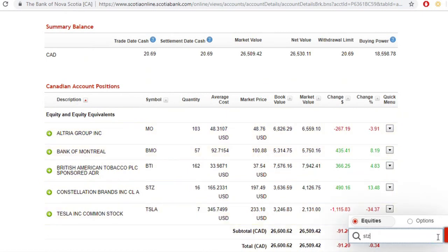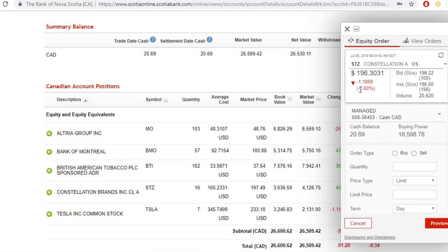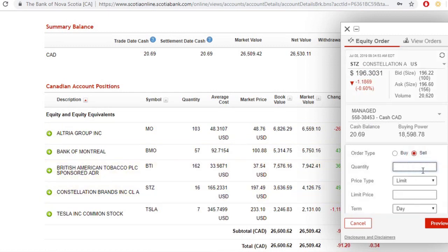So let's take a look at Constellation Brands. I'm thinking about taking the profit off this right now to get out of some of my U.S. positions, and this, I think, is going to end up down a lot more. So what I'm going to do is I'm actually just going to sell out of this position as it stands, and I may come back to this. Why won't it let me type in